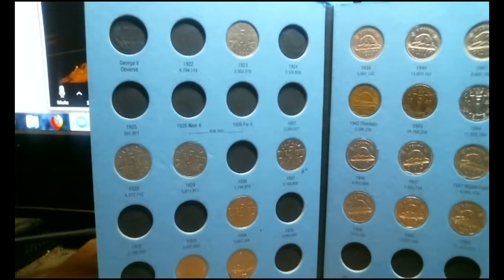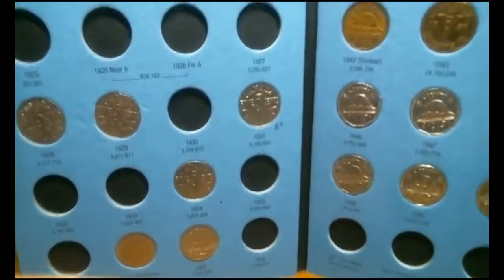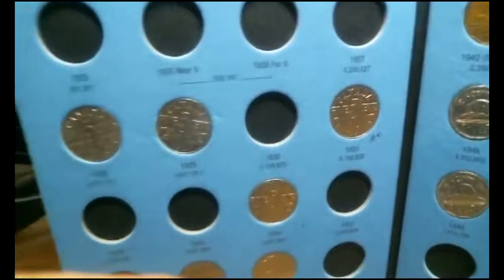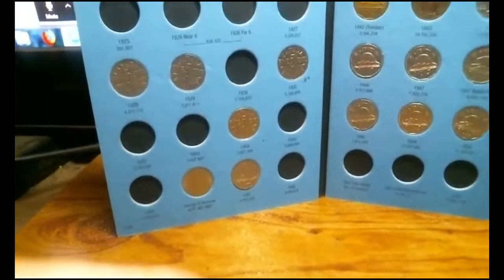I said nickels. And I have a 23. You can see what I got. There's a lot of varieties. These are the Whitman books. And of course, I've only been worried about plugging holes when I get them. And then, nice picture of that. That's a 1931, 34, and then, of course,